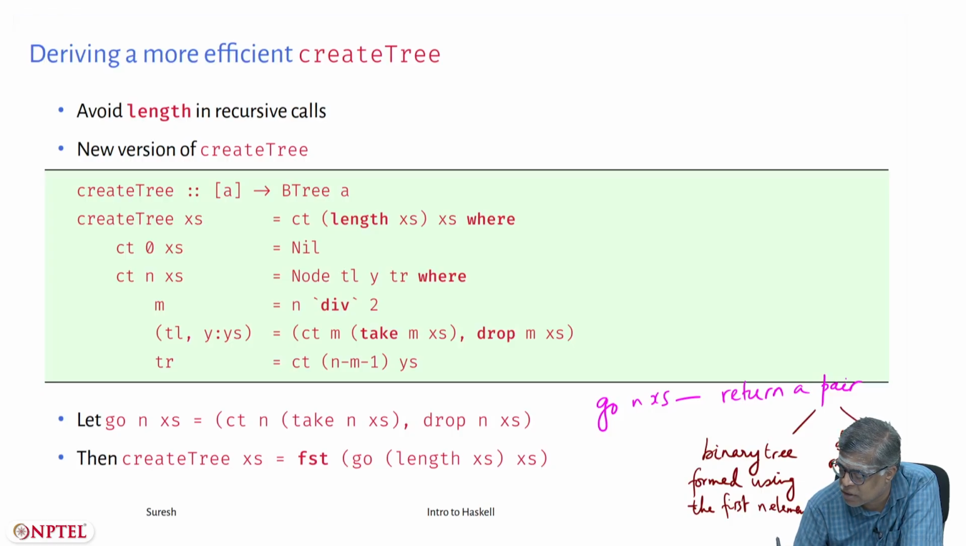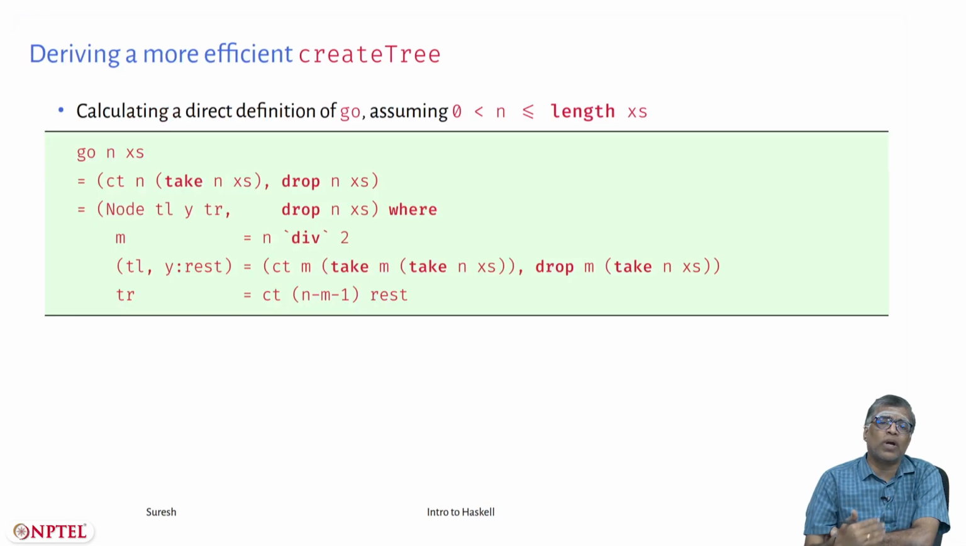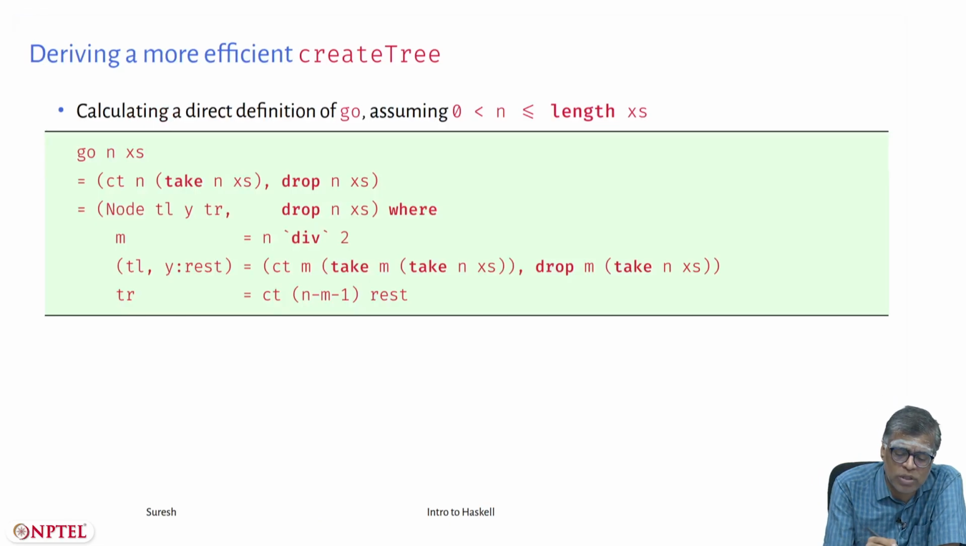All the remaining elements. Okay, so that is what this go will do. Now I can directly program go, because I am actually calculating the definition of go. Go n x's is ct n of take n x's, drop n x's, that is equal to node tl by